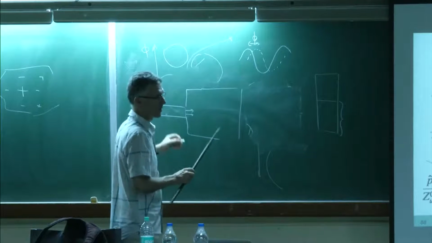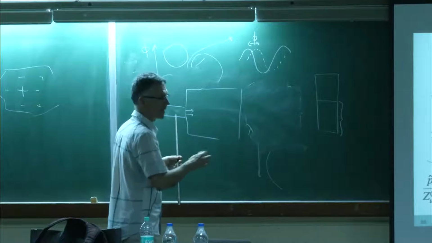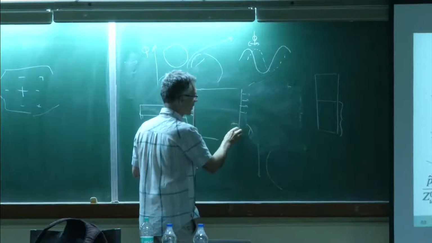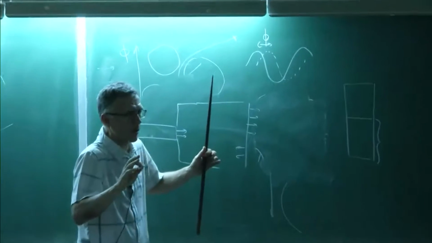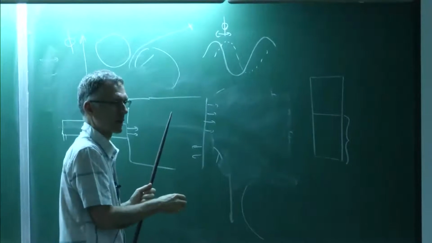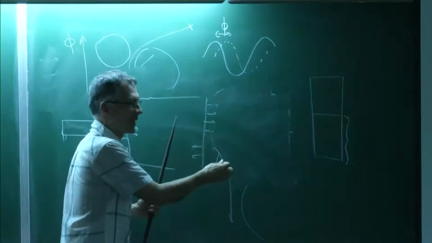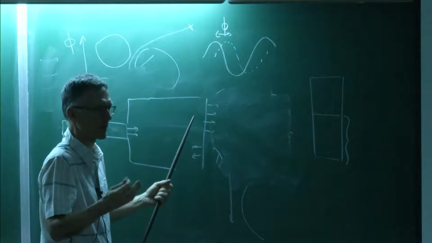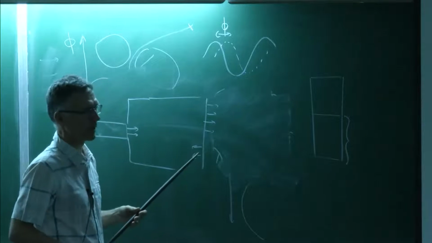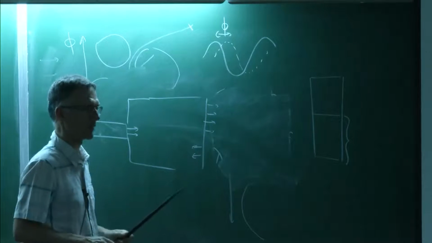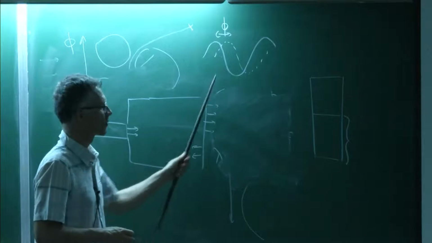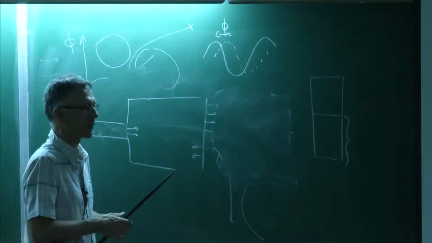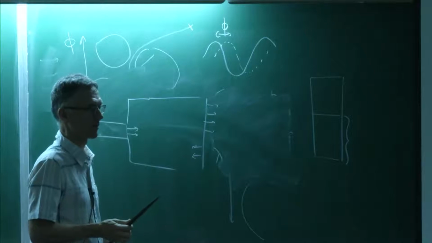Even with NSCBC, there is no miracle. It's the same at the outlet. If this is an outlet, and suddenly the velocity starts entering, normally you should stop the computation because you don't know what's entering. You have no idea what's entering. So now the code might do something, but it's not going to be smart. So if it's an outlet, and vice versa. If it's not that, you have to go further away until you find a place where you have a clean boundary condition. I think it's just reasonable.